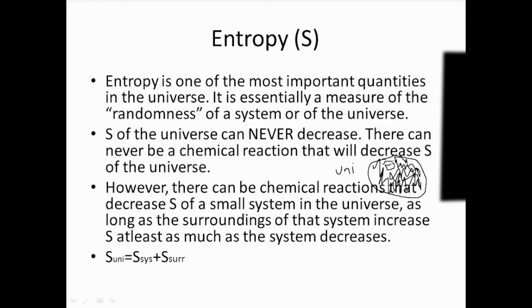However, the opposite is not always necessarily true. If you increase the entropy of this small square, you don't necessarily have to decrease the entropy of this outside shaded region by an equal amount to balance it, because it is okay for the entropy of the universe to actually increase, right? What going from low entropy to higher entropy means is going from an ordered state to a more disordered state. And a disordered or random state is the preferred state for most molecules and the universe as a whole, as we understand it.